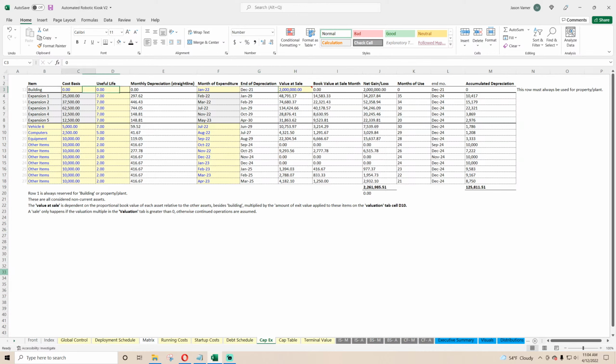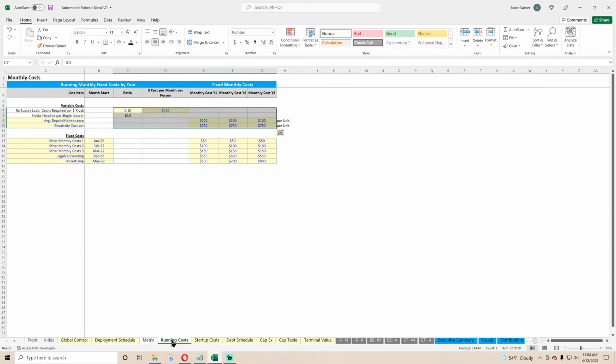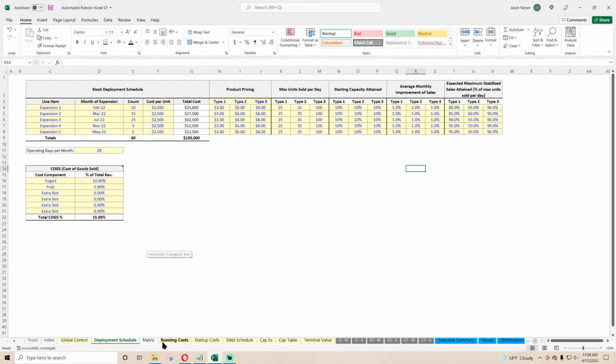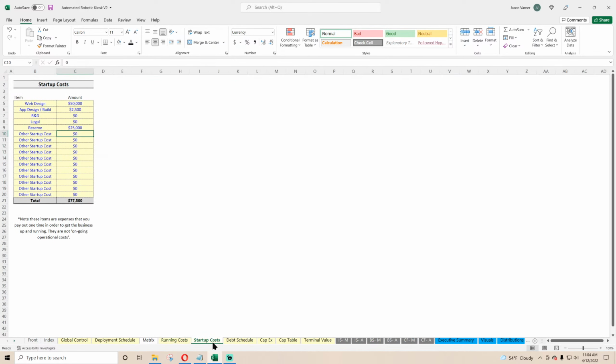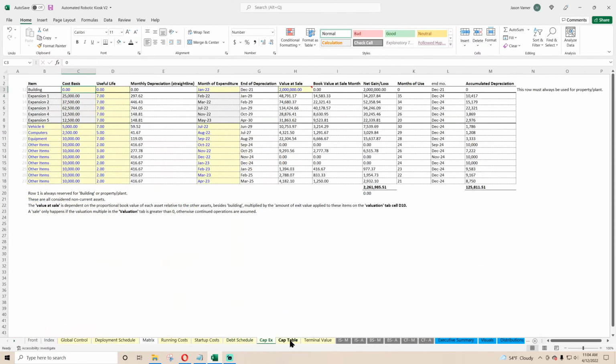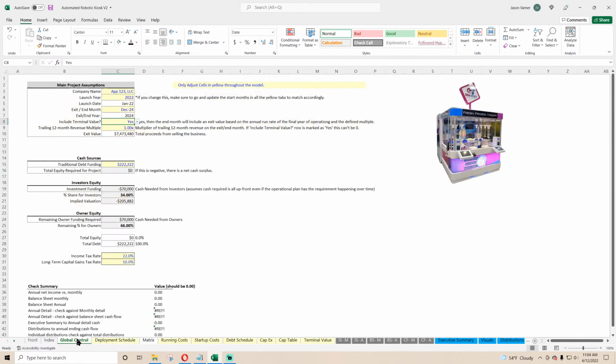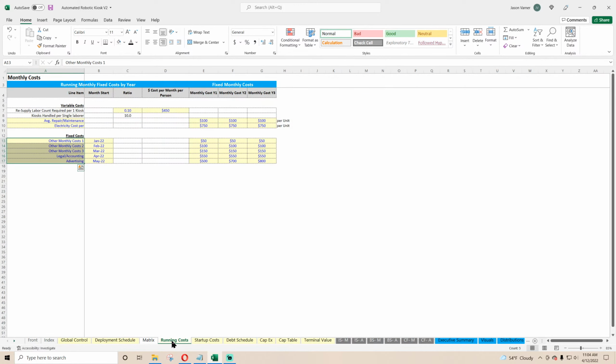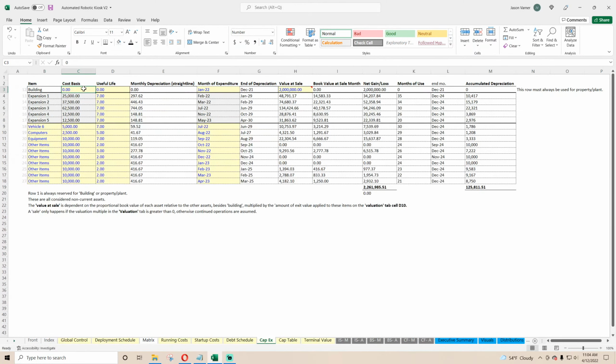I mean, you might have an office. You probably are renting it, but if you are renting it, you just put that as part of one of these monthly costs. If you're actually going to buy a building for your office, I mean, you might if you're scaling. If this is a big operation, where am I? CapEx. Let's say maybe, I don't know, a small building, and maybe